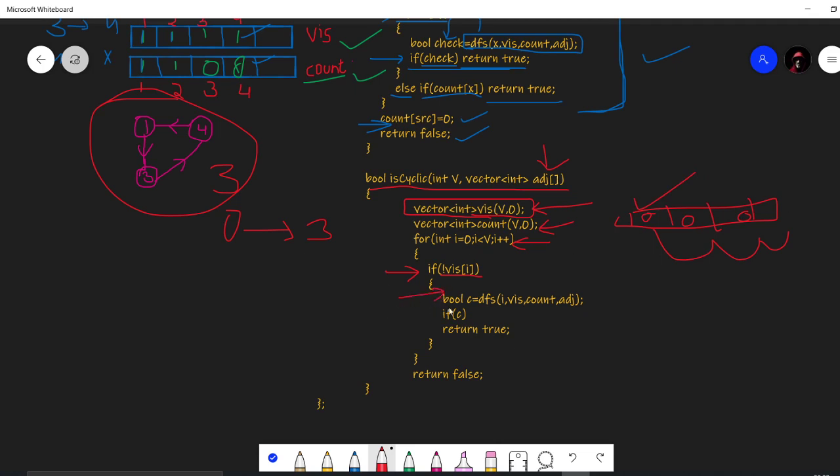Then we are going to check the DFS function and we are storing it in bool. It will give a true or false value. So we are running the DFS function. If it is true, that means we are having a cycle. So we will return true. This function will check the cycle, the DFS one. And this is the main function which will call the DFS function above. If this returns true, the bool value, so if C means if true, then it will return true. It means it is having a cycle. Else it will return false.